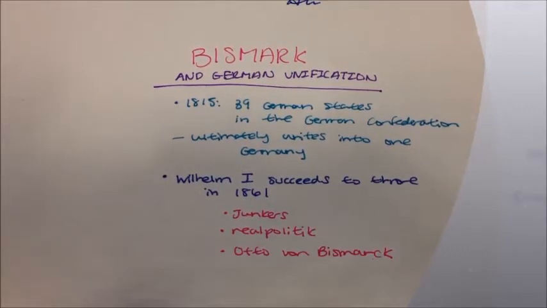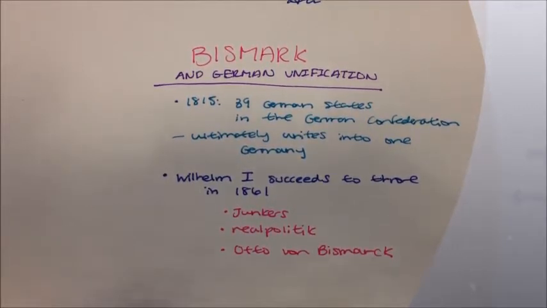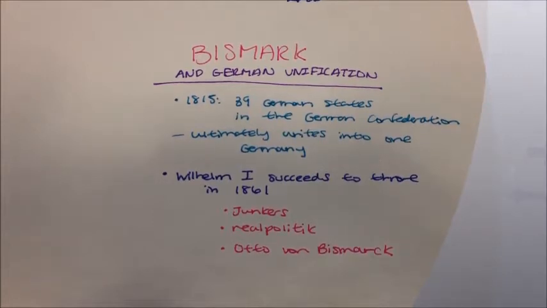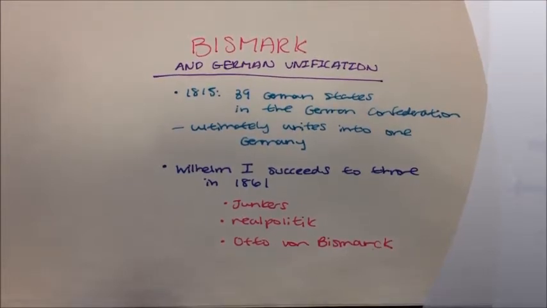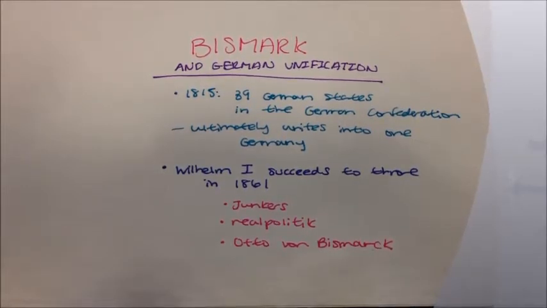Wilhelm was a conservative, so he made the liberal parliament angry when he tried to use money to strengthen the army. As a conservative, however, Wilhelm was supported by a group of people called the Junkers, people who were generally wealthy and land-owning. A year after his coronation, Wilhelm chose one such junker, Otto von Bismarck, to become his prime